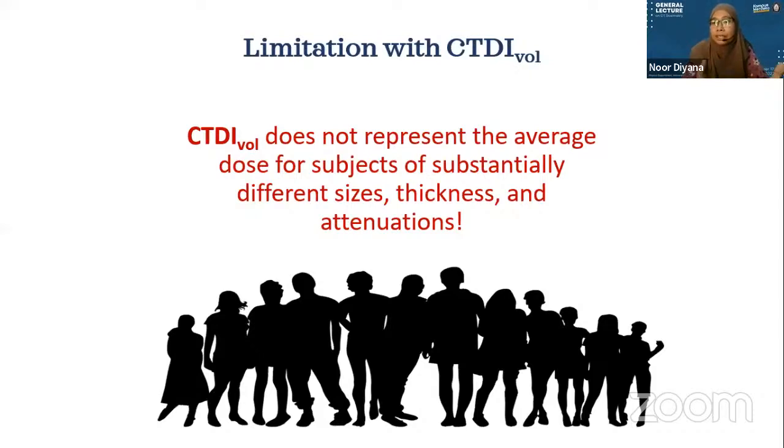But in reality, we know that in the human body, we have a lot of tissues. We have high attenuation tissues such as bone, and metal implants if the patient has them, and then we have low attenuation tissues such as lung and air. So it actually differs with the individual. Okay, and then we also have larger patients and smaller patients, which also differ in terms of size